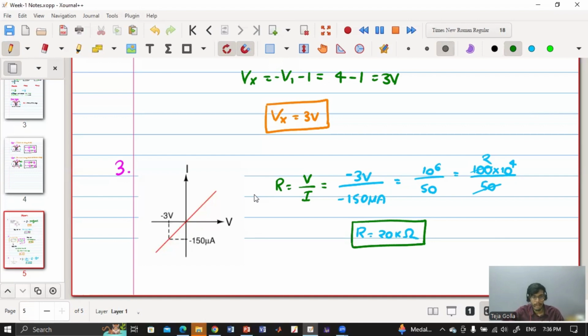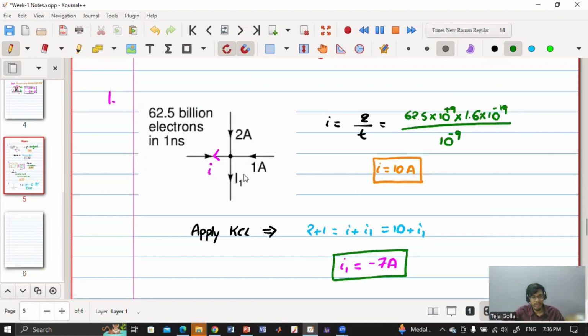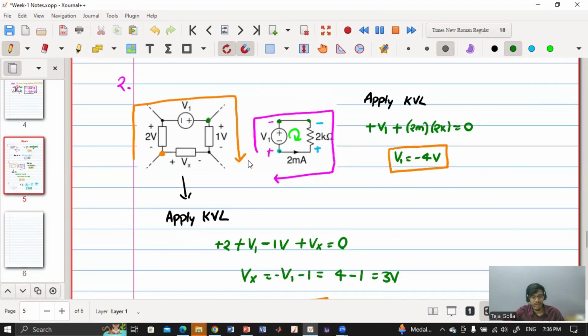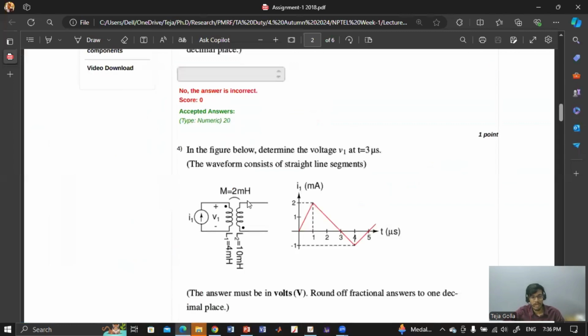Yes, sir. Okay. If you have doubt, please ask. So basically, here we have applied KCL, and here we have applied KVL. Here we have applied Ohm's law. So you just have to see what they have asked, and which law we have to apply, and then accordingly